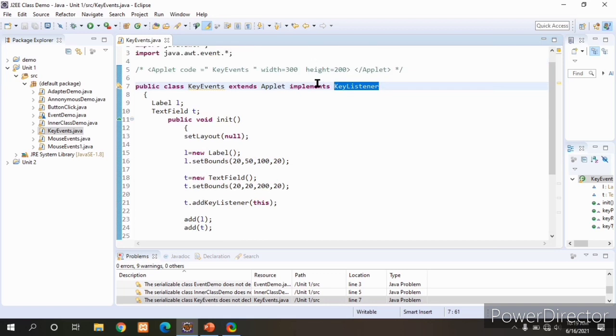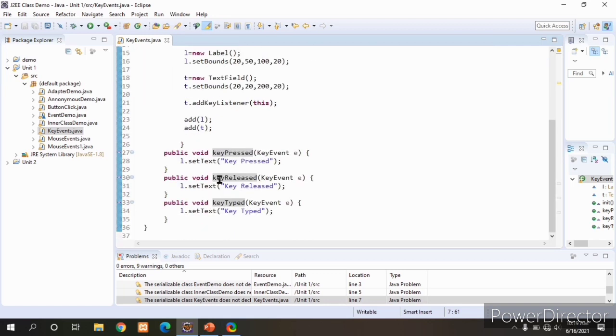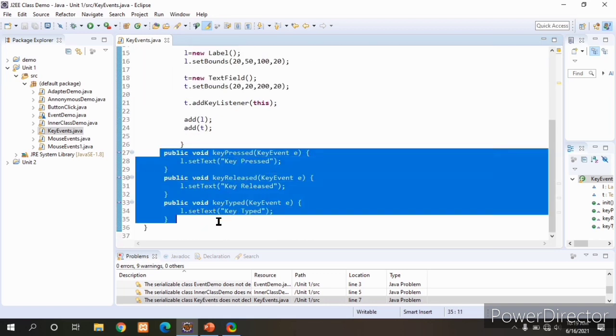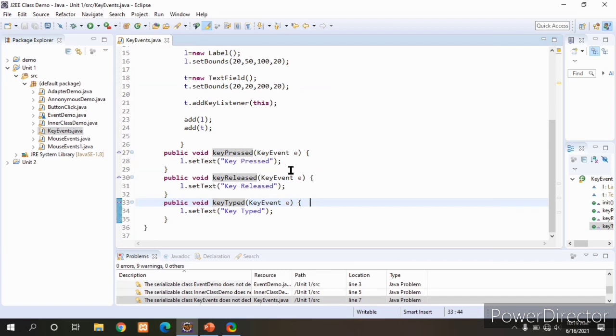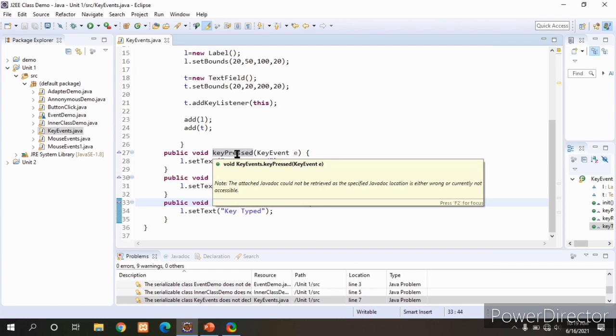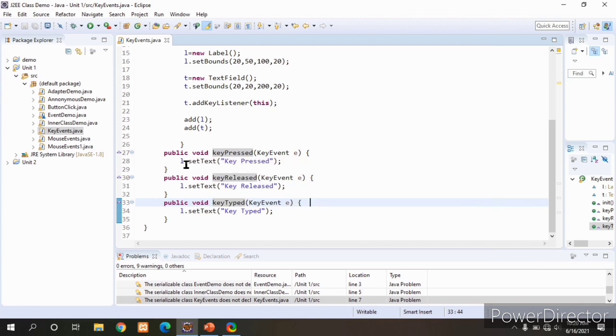As we are implementing the KeyListener interface, it is necessary to override all three methods defined in it. The keyPressed method we are overriding takes one KeyEvent object.